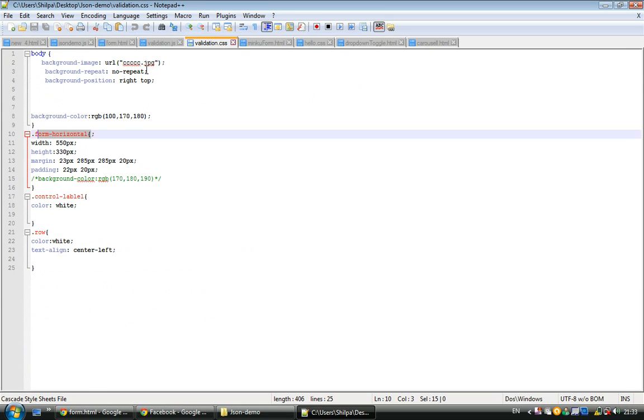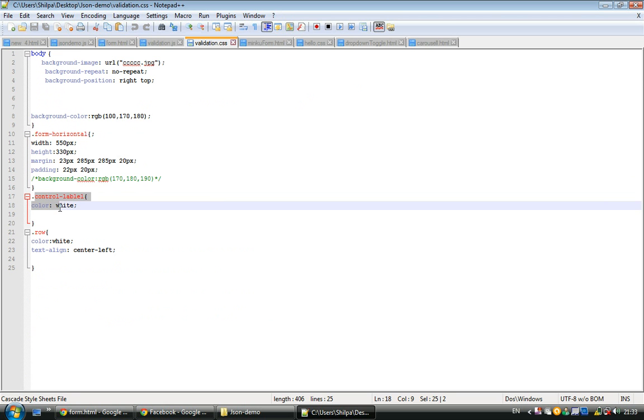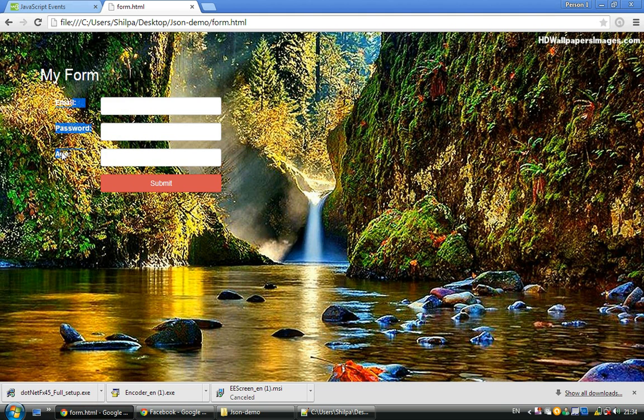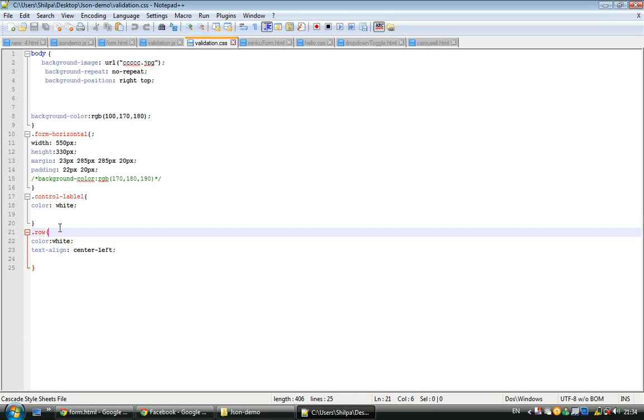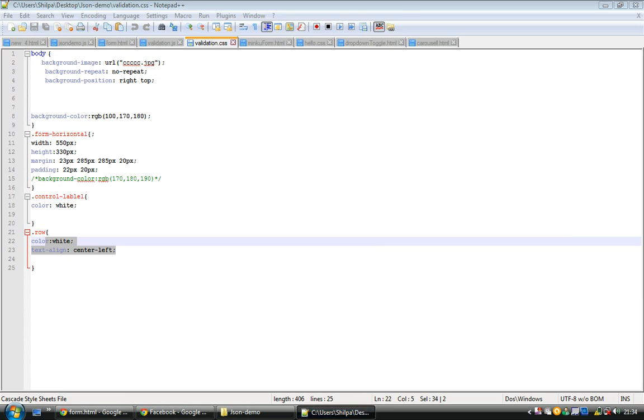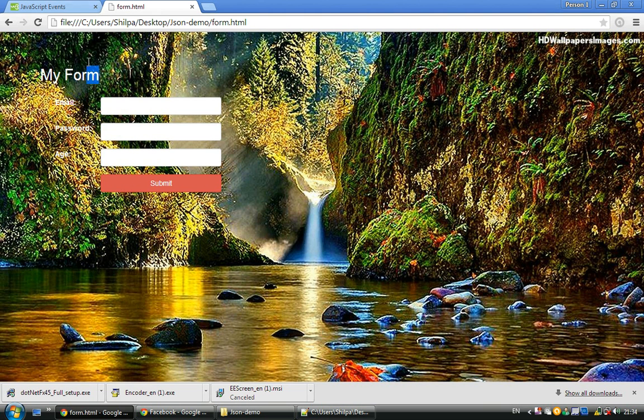There is CSS for the width of the page, height, margin and padding. For the control-label class we give the color white on the labels. In the row, the color is white and text alignment is center or left. In the row we use the heading color white.